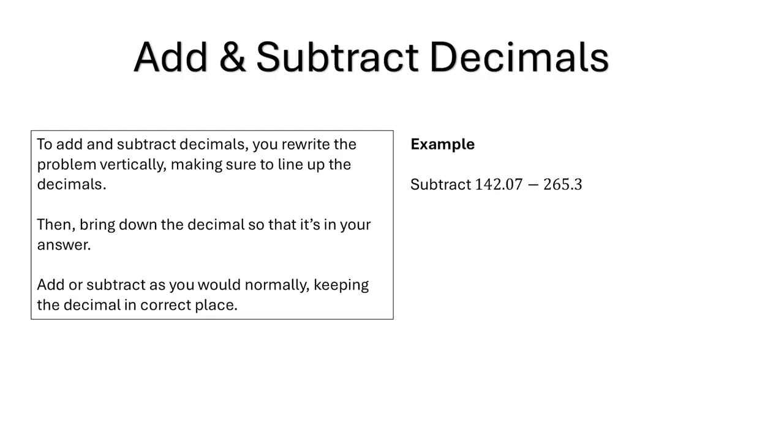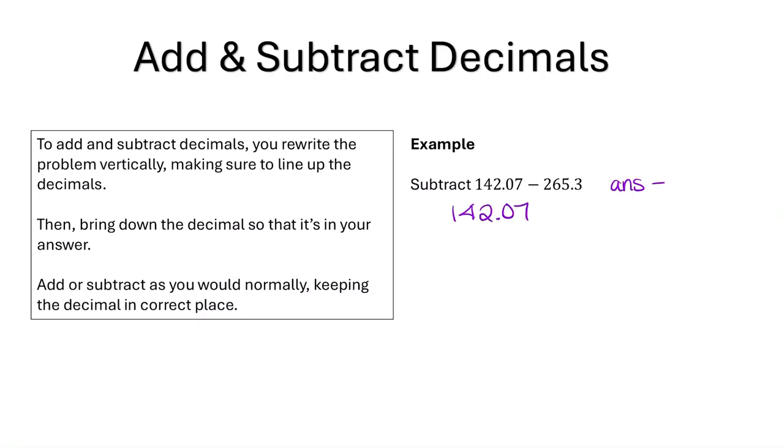So now let's try subtracting these two numbers. Well, I want you to think about this for a second. Notice that we're actually taking a smaller number and subtracting a bigger number. So let's think about what we talked about when we were talking about subtracting integers. Remember we said if we have a smaller number and we're subtracting a bigger number, we know that our answer is going to be negative. So I can actually think about this as like